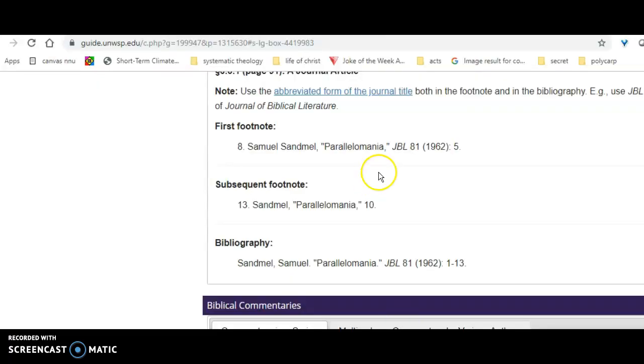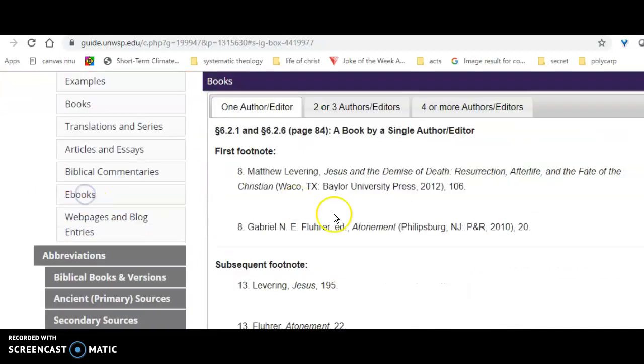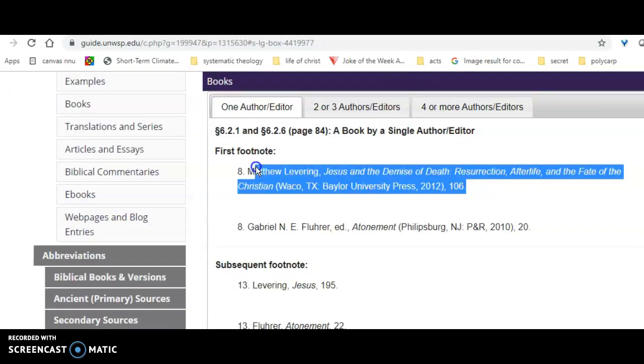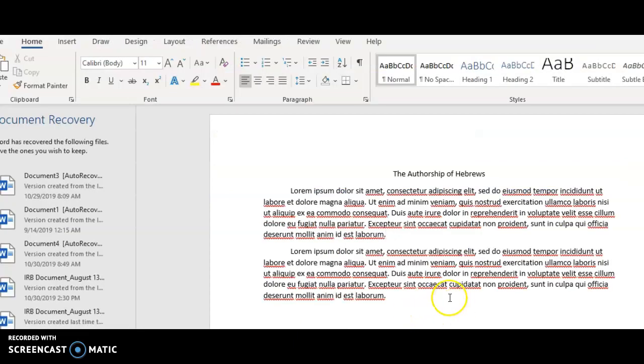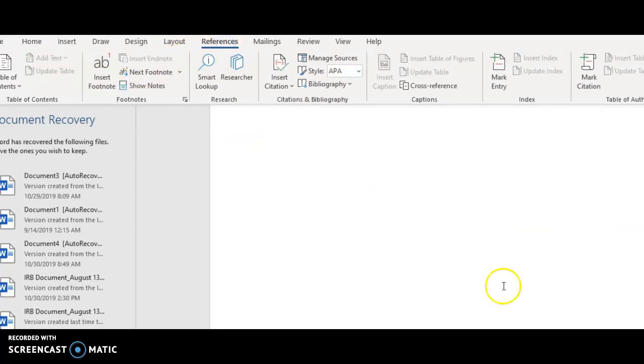We'll go back to this website, and let's say first I'm citing a book. So here's the book. Now, obviously, I haven't read this book. I'm not legitimately citing it, but I want to show you what to do. So I'm just going to take this information and copy it, and then go back to my Word document. And let's say I wanted to insert a footnote there. So I would go to References, insert footnote, and now